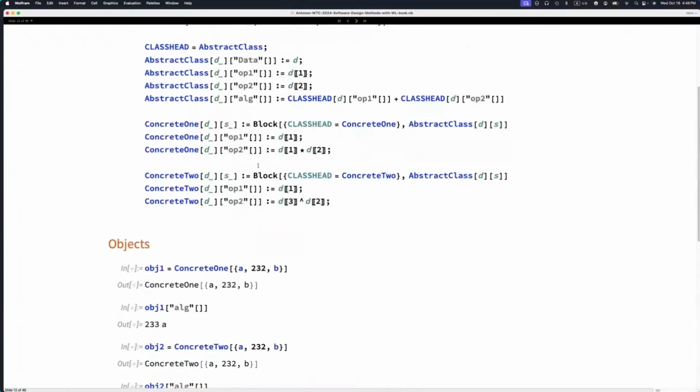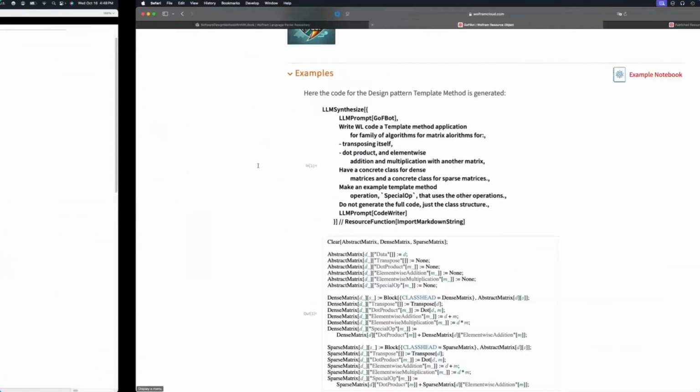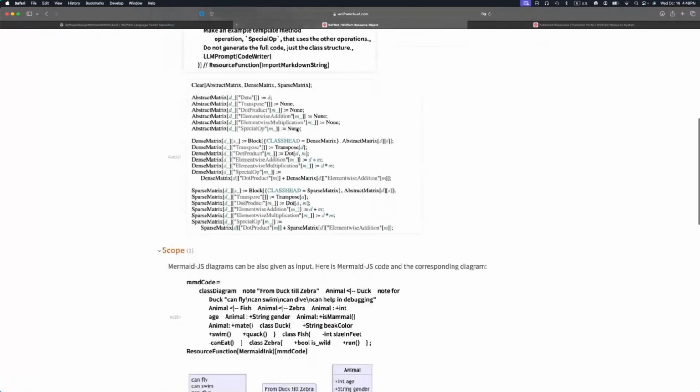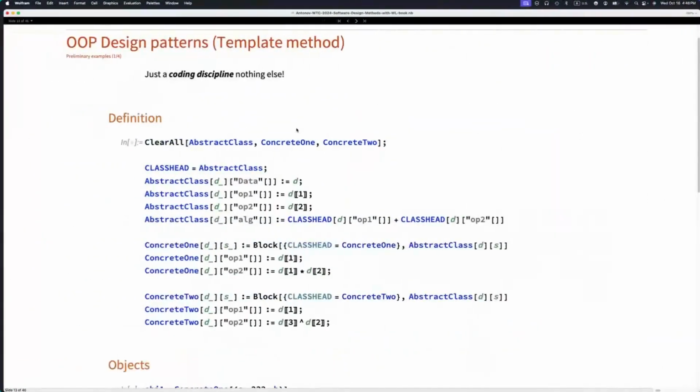You can see this is how it is implemented in the Wolfram Language. This is what I'm showing you with this chatbot, right? What is it doing? Yeah, it's doing the template method, and I'm also showing strategy, I think. All right, so